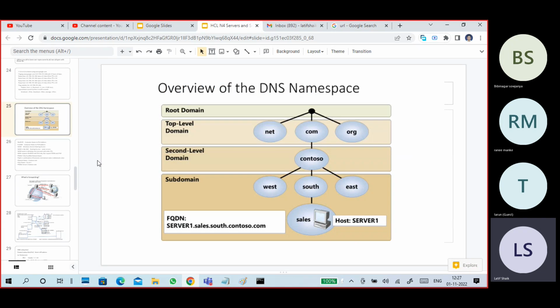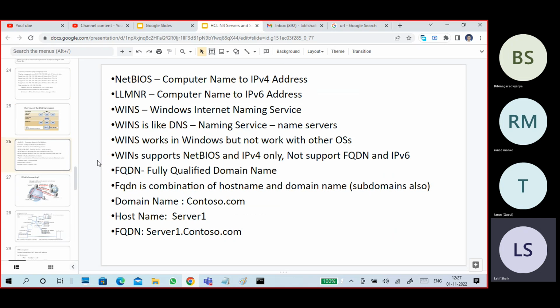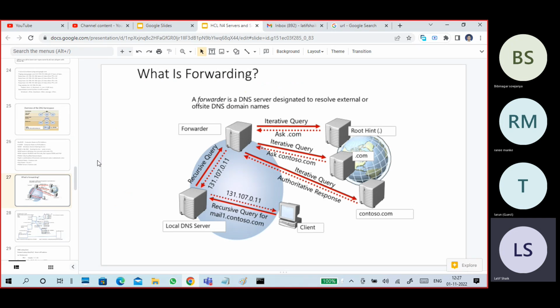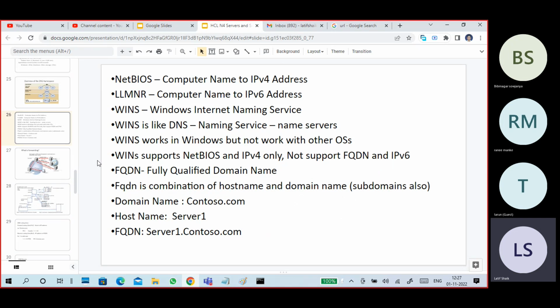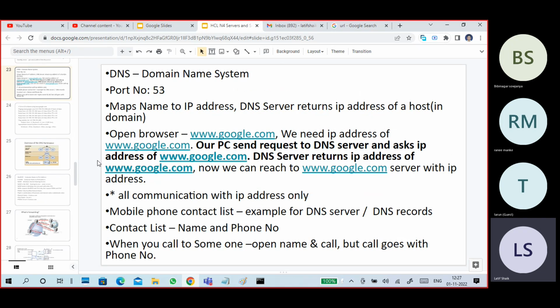So this is about your naming convention, guys. FQDN. That is your answer. The last one, this explanation is there. So guys, these are very important points. What is DNS, domain name system, what the DNS server will do, what is port number, and how DNS